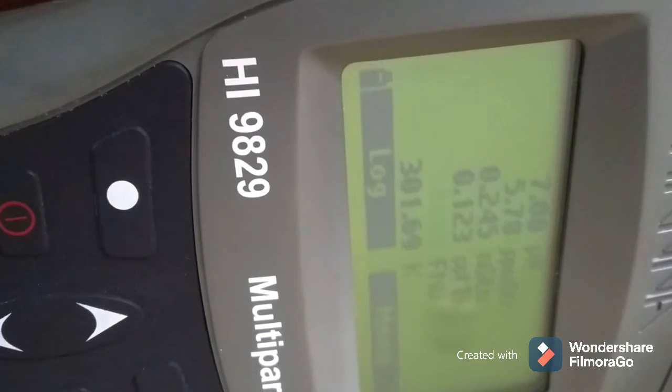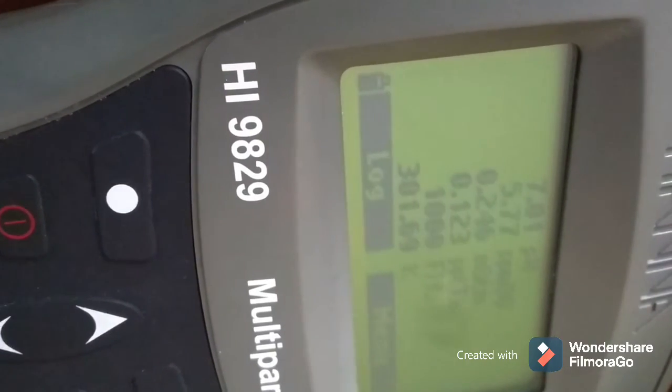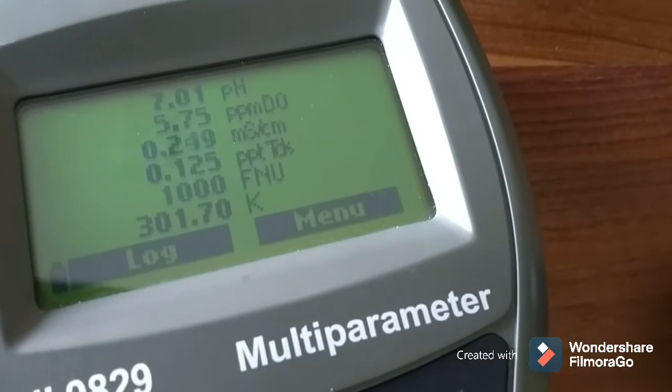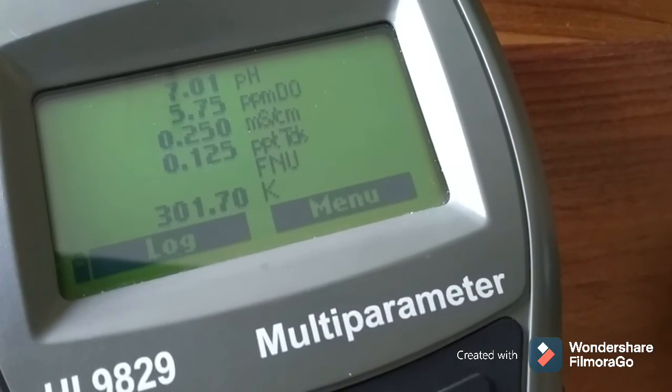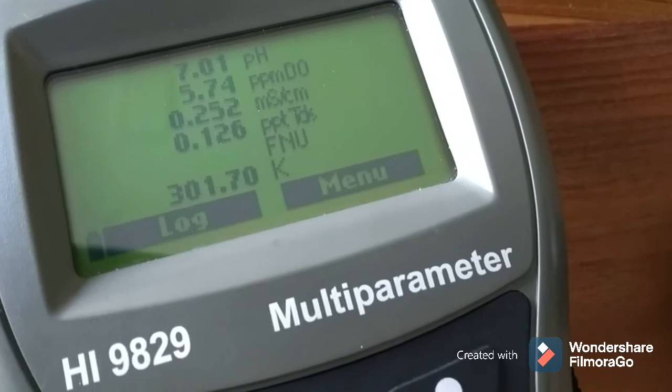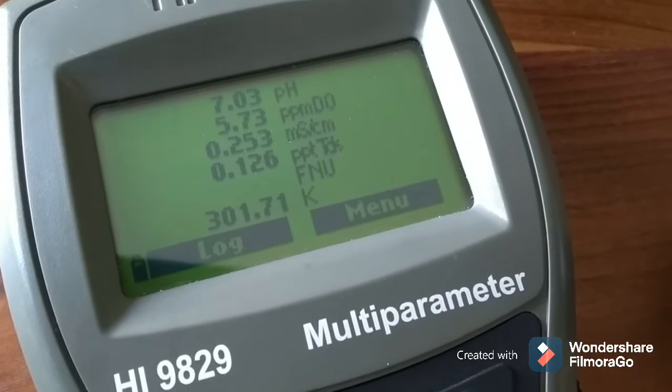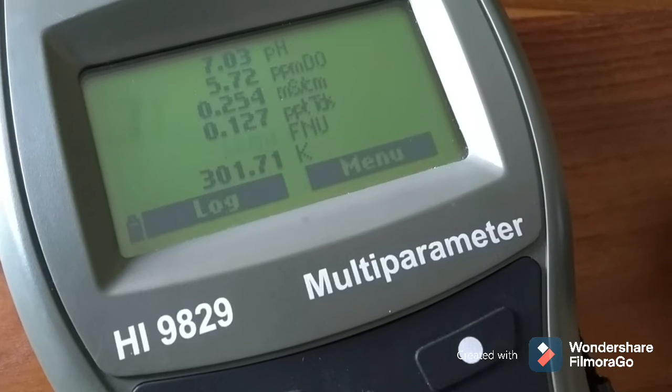And turbidity measurement is 1000, that is not changing, that is stable one. And temperature also 301.7 Kelvin. And the TDS value is 0.126, that's also stable one.